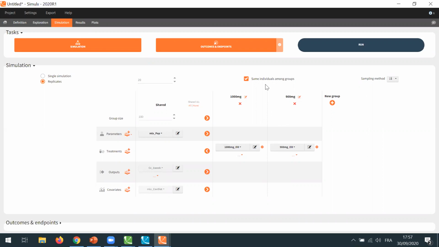For the moment, you have used the population parameters estimated by Monolix. Would it be possible to take the uncertainty of these population parameter values into account? No, unfortunately, this is not possible yet in this release. Again, it's something we plan for the next one. However, that's something that we have added in the R version of Simulix.